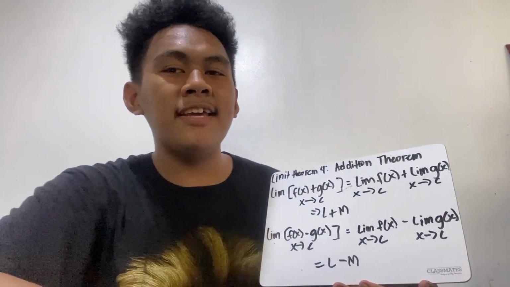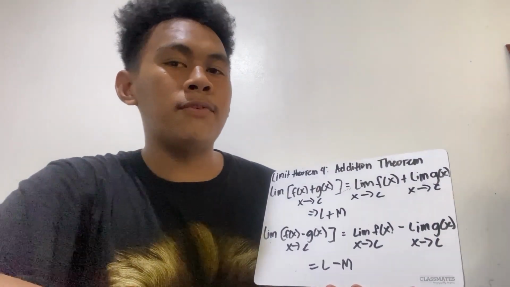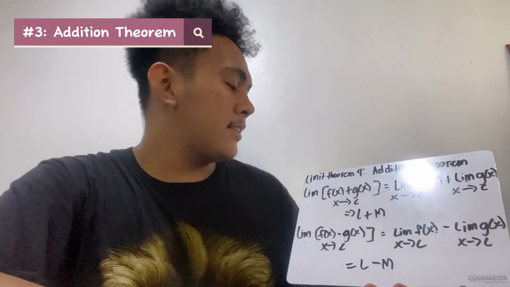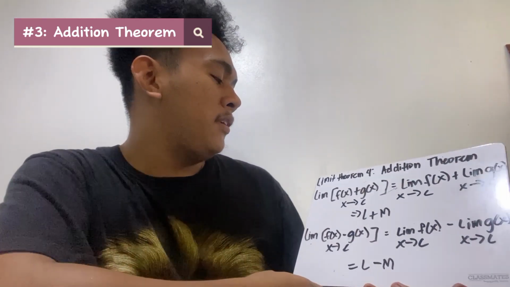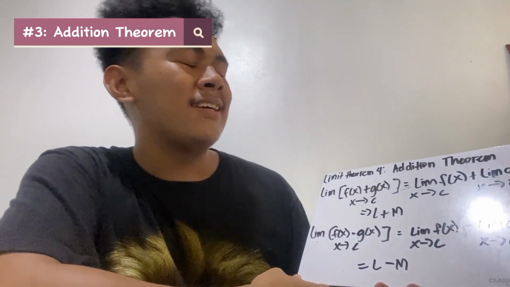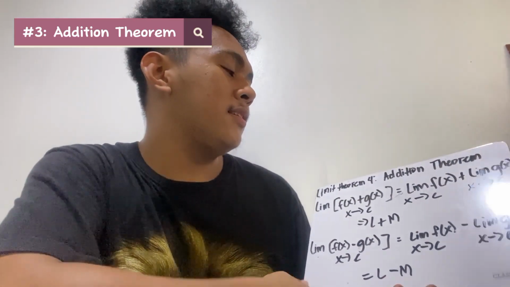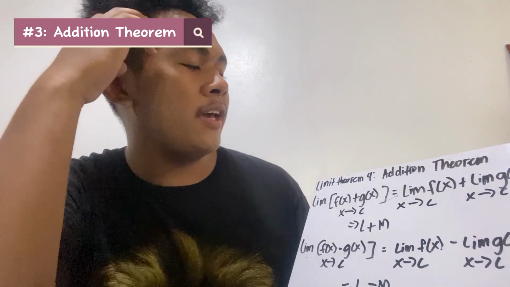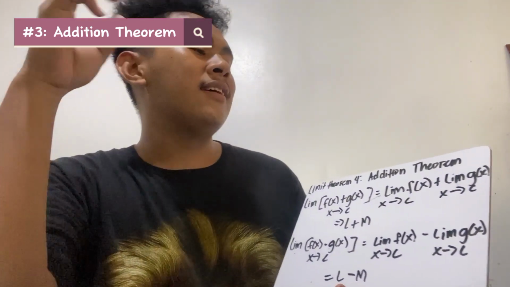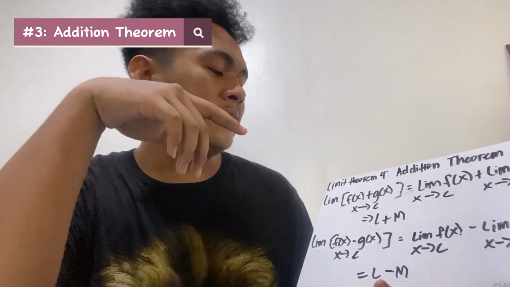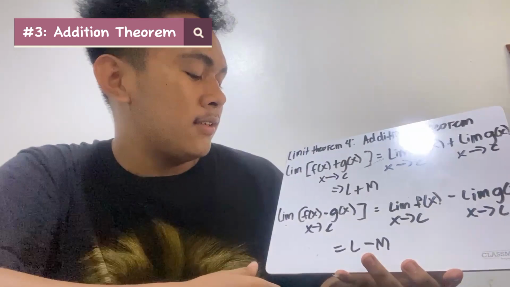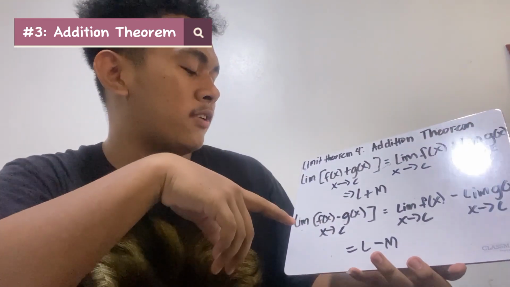Ngayon naman ay tatalakayin natin ang limit theorem number 4, which is addition theorem, denoted as limit of f(x) plus g(x) as x approaches to c is equal to limit of f(x) as x approaches to c plus limit of g(x) as x approaches to c is equal to L plus M. Pwede din siyang gamitin as a subtraction,